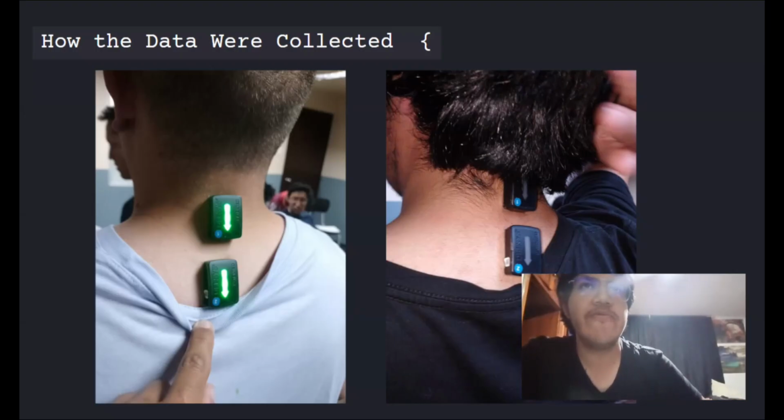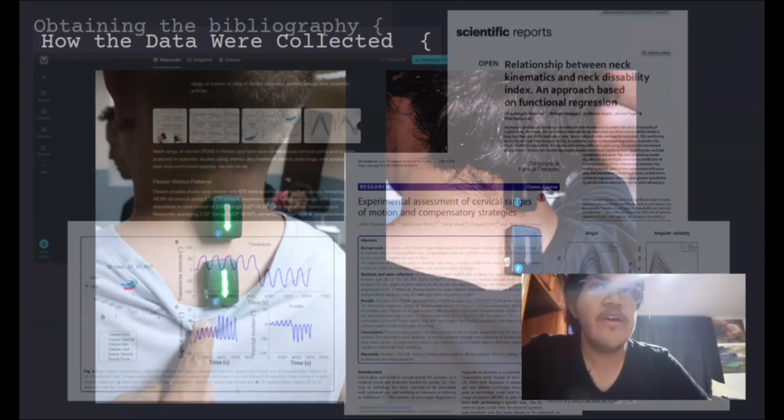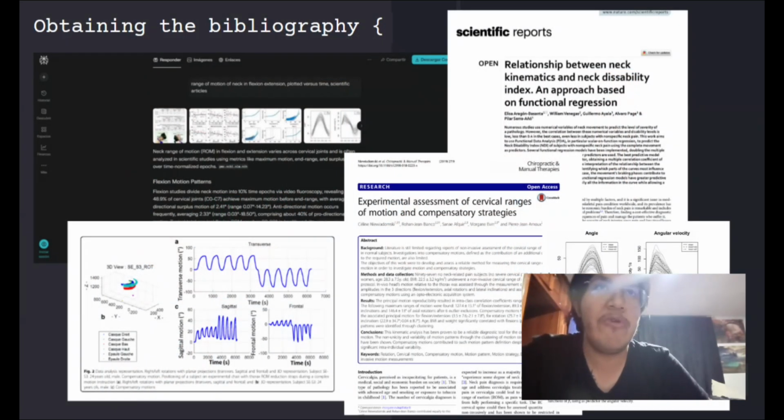To measure neck flexion extension, a reference Trigno IMU was placed at the previously calculated centroid, while a second IMU was positioned near the fourth cervical vertebra, or C4. Using these IMUs, angular motion was obtained and represented as angle versus time curves. The reference curve was taken from the paper Relationship between Neck Kinematics and Neck Disability Index, an approach based on